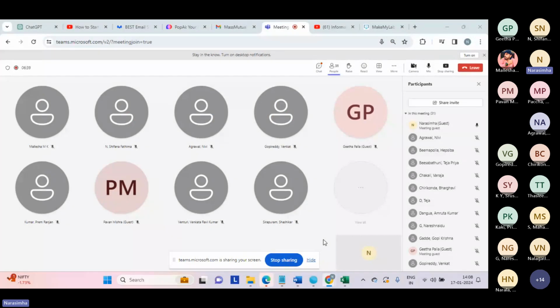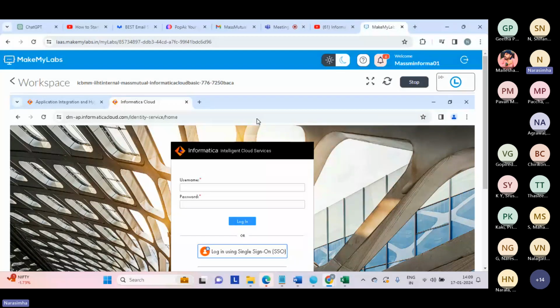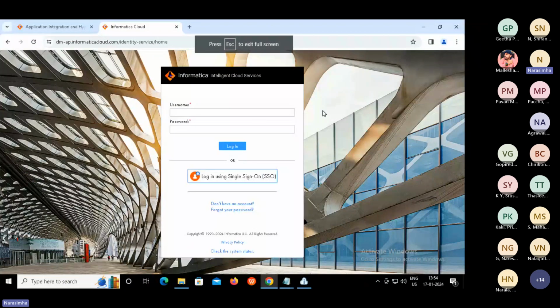Then we built a mapping between source and target, executed it, and saw the result in the target. Finally, we touched upon the filter transformation, which limits the number of rows. We talked about how it works with a single filter and with multiple filters.